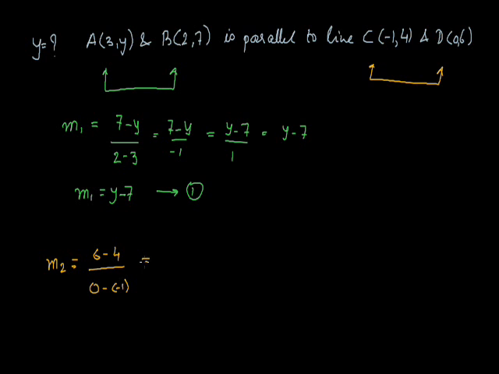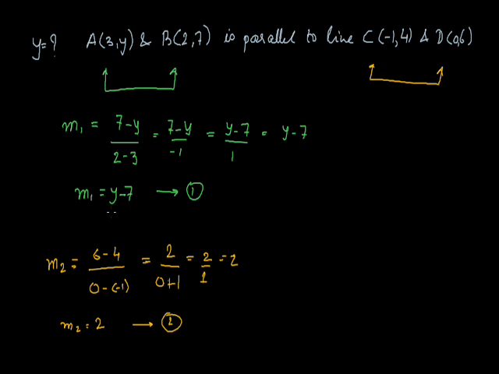This is equal to 6 minus 4 equal to 2 upon 0 minus and minus will become plus. So 2 upon 0 plus 1, that is equal to 2 by 1, and that is equal to 2. So we have m2 is equal to 2. I name this equation as equation number 2. Now from equation number 1 and equation number 2 we have the values of the slope of these